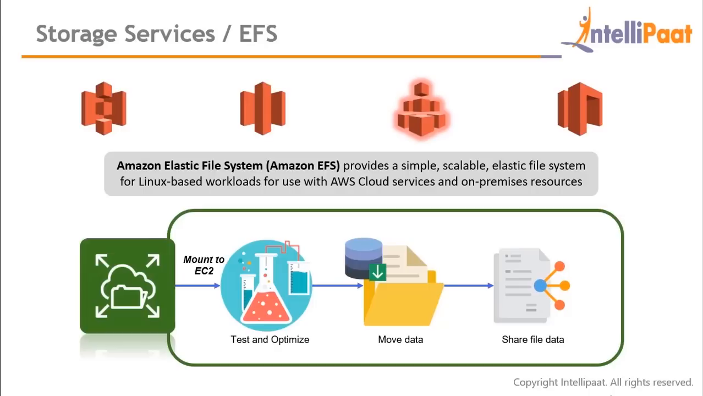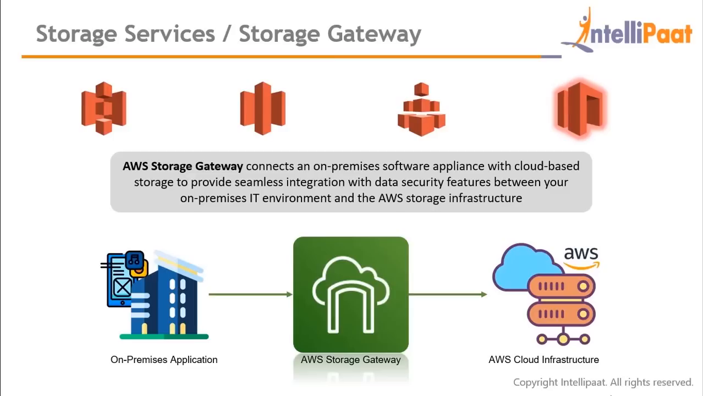Now let us see the last storage service under the storage service domain. The last storage service is AWS Storage Gateway. AWS Storage Gateway is an actual gateway between the on-premise software appliance and the cloud-based storage. So what AWS Storage Gateway does is, it is the intermediate or the middleman for the on-premise application and the